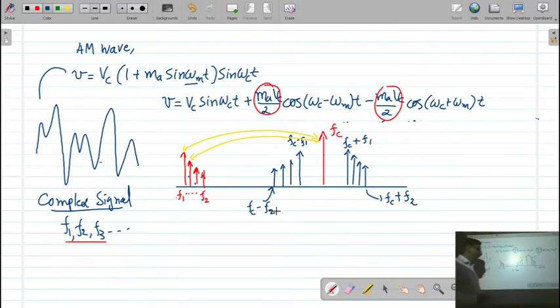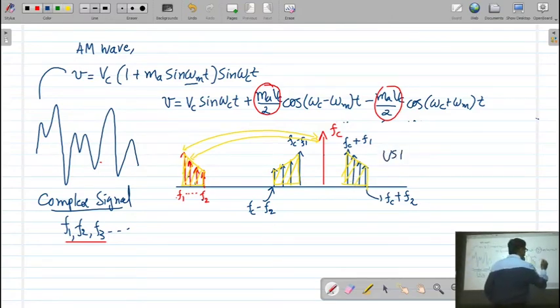So what is significant here? What is important? The important thing is: where is my information? My information is this. Remember, this is the information. Now, where is the information after the modulation? The information is here, and the information is also here. Correct? So this information is now switched over to an upper sideband frequency as well as the lower sideband.